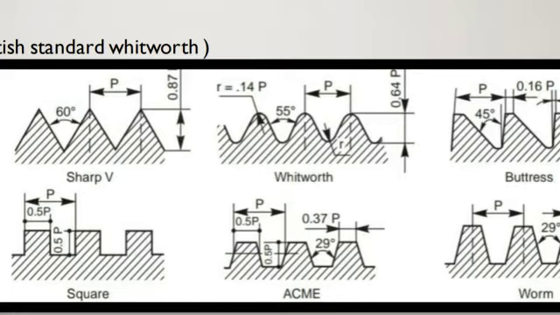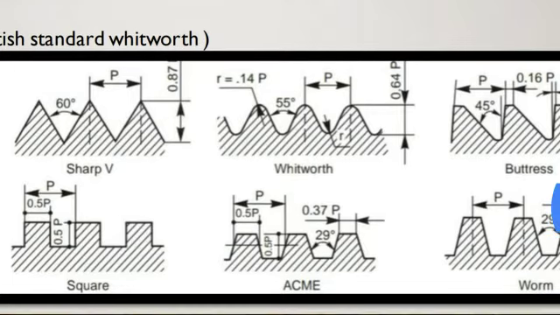And what should be the radius? It should not be like sharp corners. There should be some radius, fillet type. I think you will come across fillet in the software tools. That radius should be 0.14 times P. So 0.14 into 30, whatever radius you calculate, you have to mark that much radius on all the corners, on all the edges. Then that thread profile is known as Whitworth thread profile.